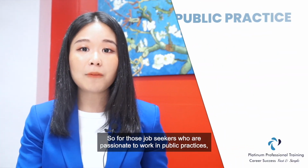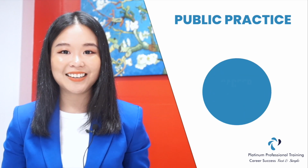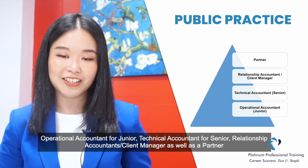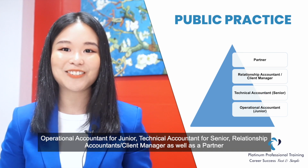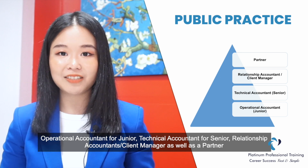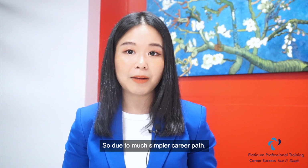So, for those job seekers who are passionate to work in public practices, here is your typical career path. Operational accountants for junior, technical accountants for seniors, relationship accountant plus client manager, as well as a partner. So due to much simpler career path,